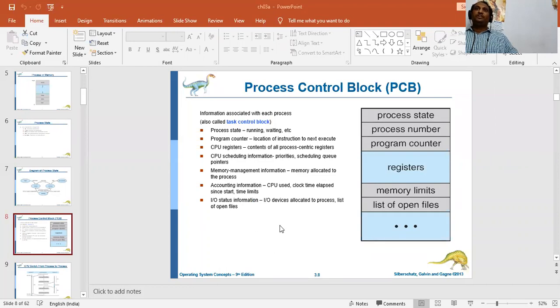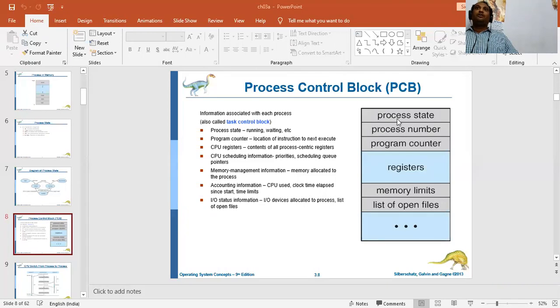So whatever action or work we do in a computer or in a mobile, everything is what we call a process. In simple terms, a process is nothing but the task which is getting executed, the work which is getting executed. So for every process, we give a process number, just to identify the process. It has something called a process number.